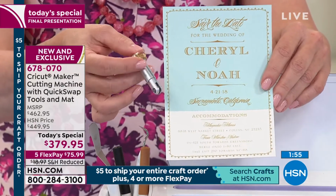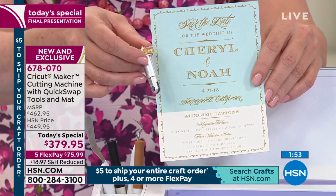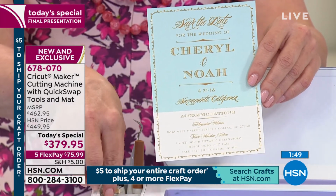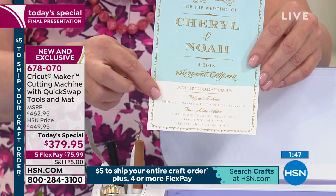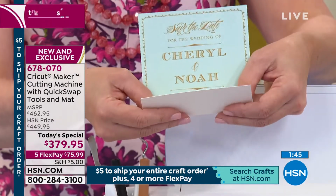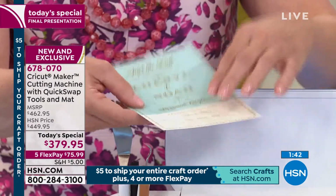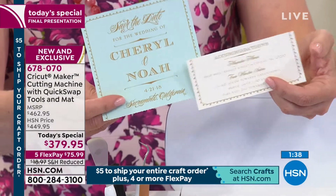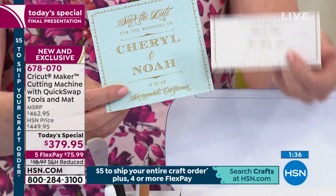I just want to show you, I know we're getting limited on time, the perforation blade. I promised a cute little save the date, and this is a cute little tear off card made with that perforation blade, where this goes on the refrigerator, and the save the dates now get separated. This goes in your planner, and